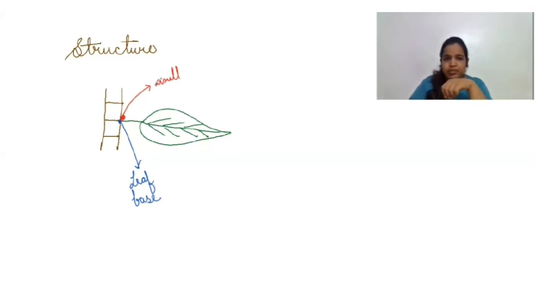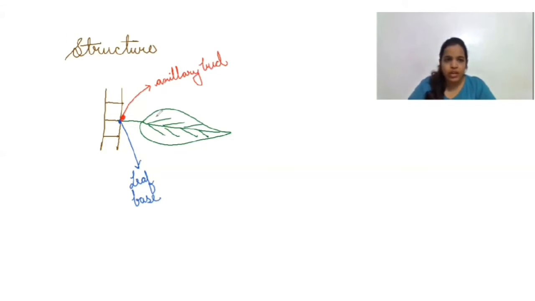Axillary bud. Actually, axillary bud is a meristematic tissue, or it is made up of meristematic cells, which have the dividing capacity, and they can form new structures like branches, new leaves, flowers, fruits, etc. So axillary bud is important for us to know. Now, further, what is this structure?